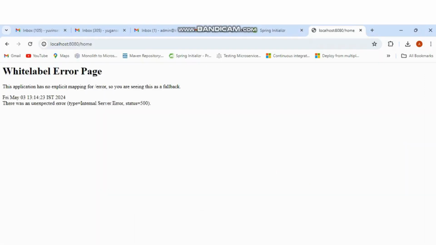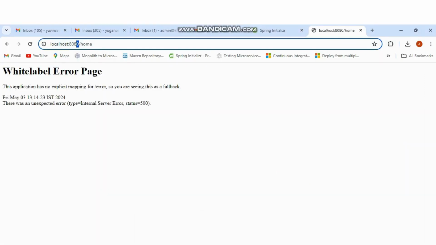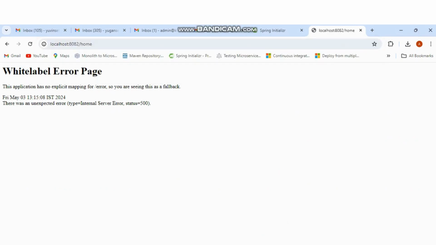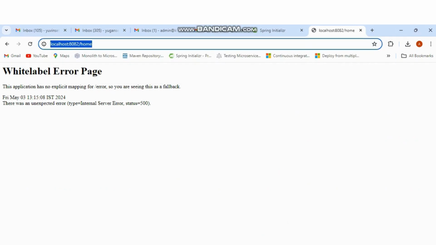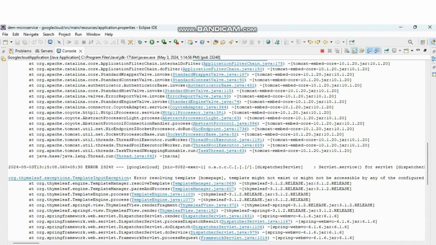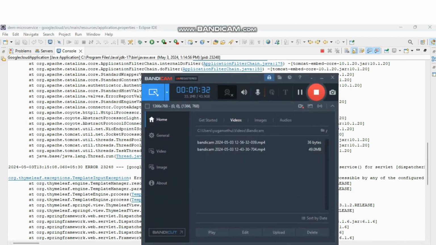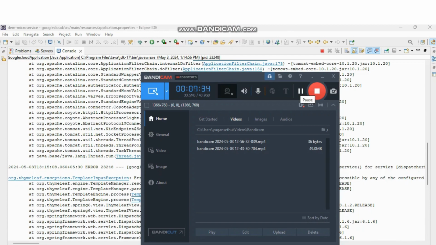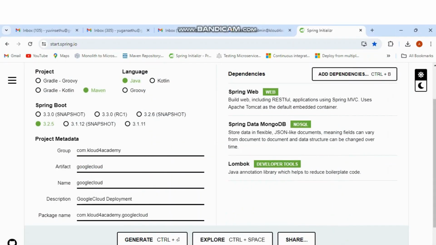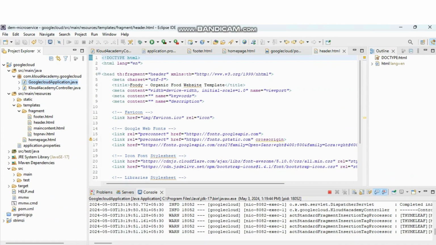8082, so here, localhost 8082 still shows an error. What is the error? Resolving template. Let me fix this once again. Yeah, and I think now it will work, because I just corrected the fragment folder name, which was automatically renamed to fragments, and